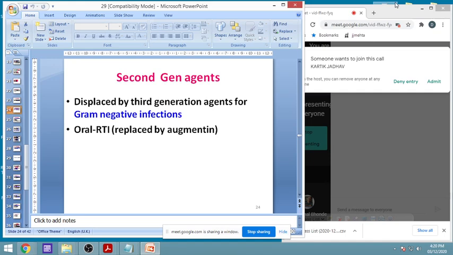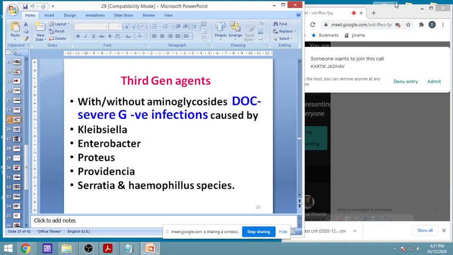Then second generation cephalosporins are displaced by third generation agents for gram negative infection, but they were earlier given in the treatment of respiratory tract infections. Nowadays Augmentin, that is amoxicillin, is very popularly used in this. Then third generation agents are used either with or without aminoglycosides, particularly in severe gram-negative